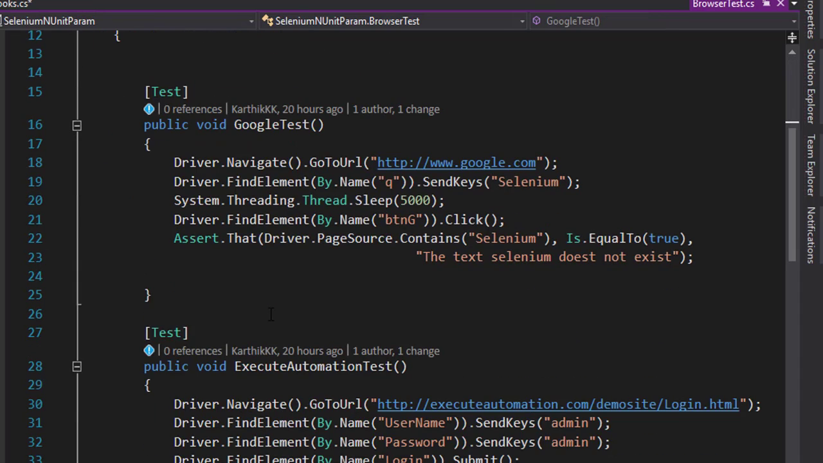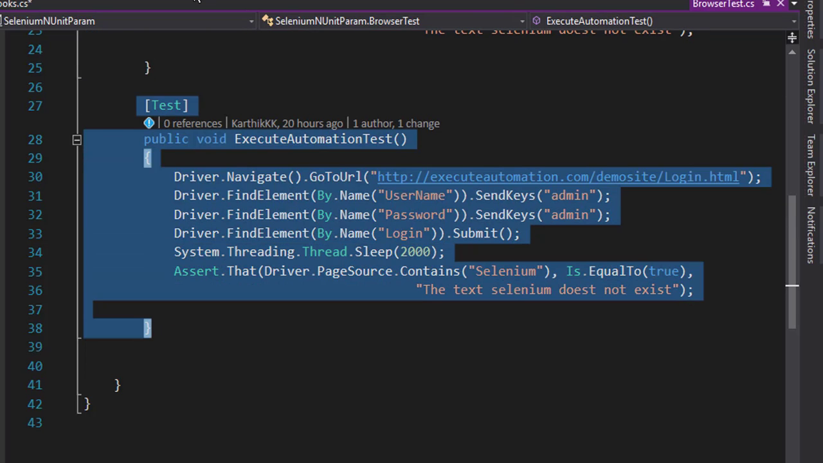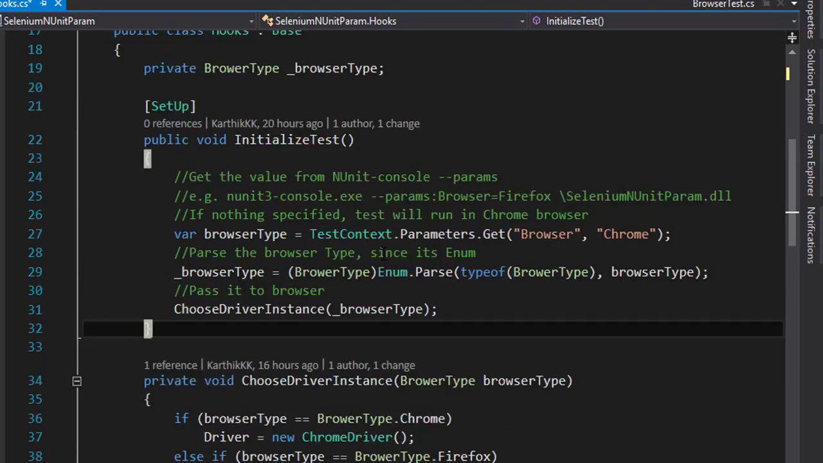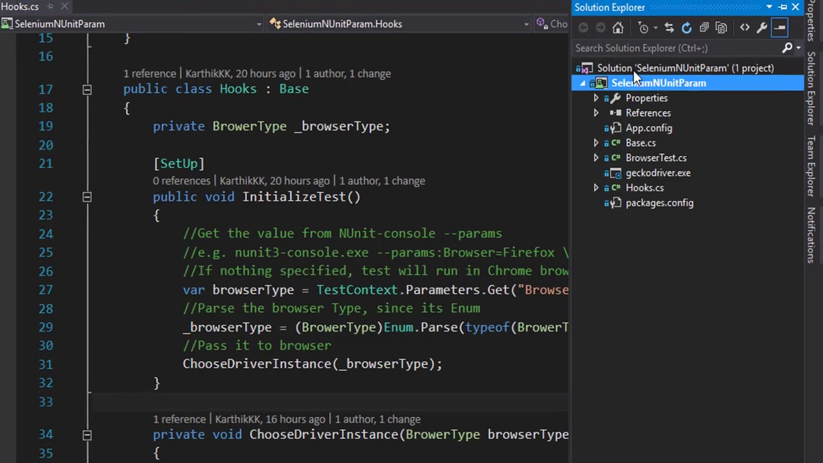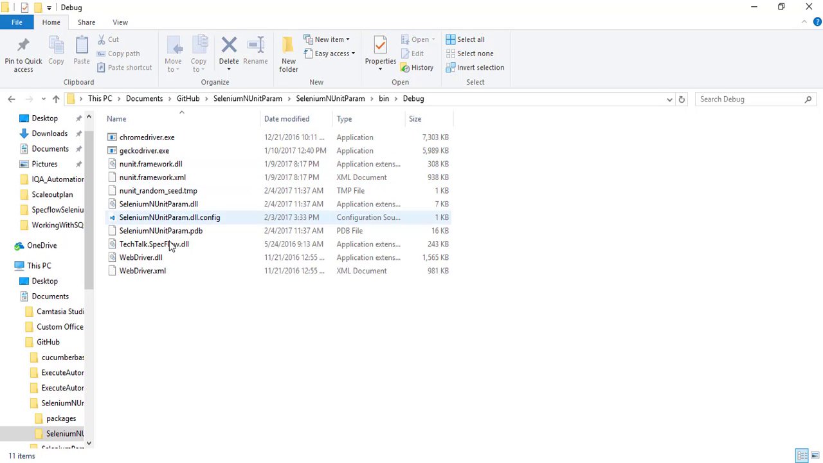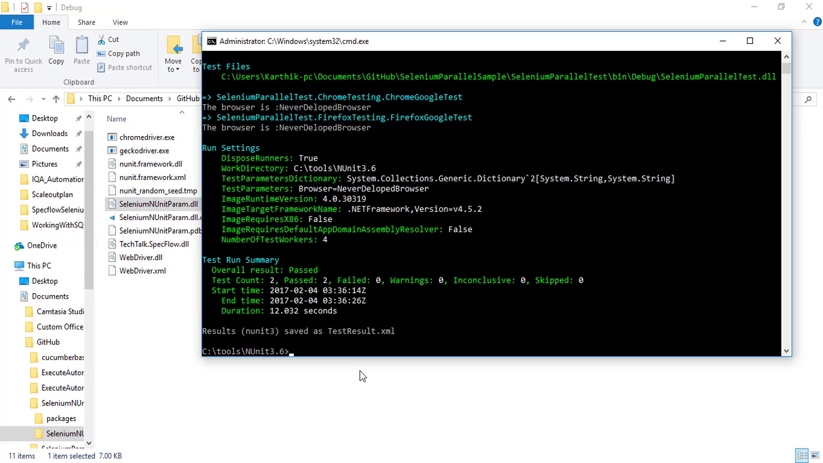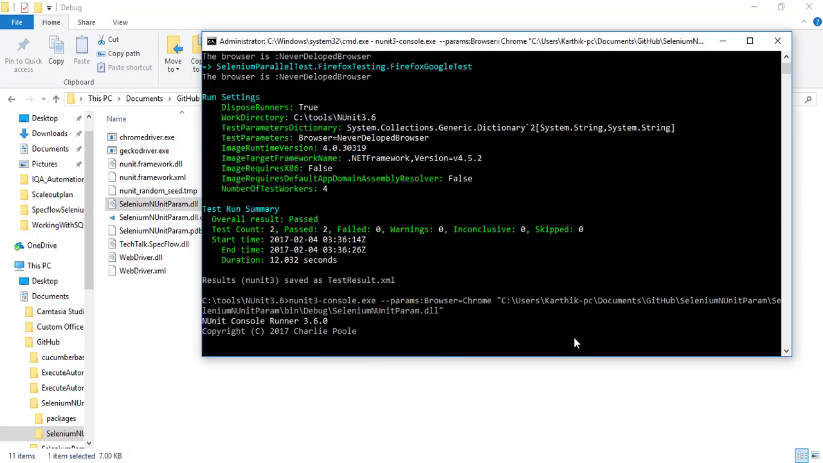So you can see for the browser test I have the Google test, and then there is an execute automation test. Pretty much the same thing, but the only change I made is in the hooks where I'm just getting the value from the parameter, right? I'm going to save this, guys. I'm going to build the solution, and if you go to the project and hop over to the bin folder, let's copy this particular DLL file, and let's go to the same NUnit 3.6. Basically I'm going to delete all these values that I have just entered, and I'm going to just say Chrome, and then paste this DLL file, and if I hit enter,